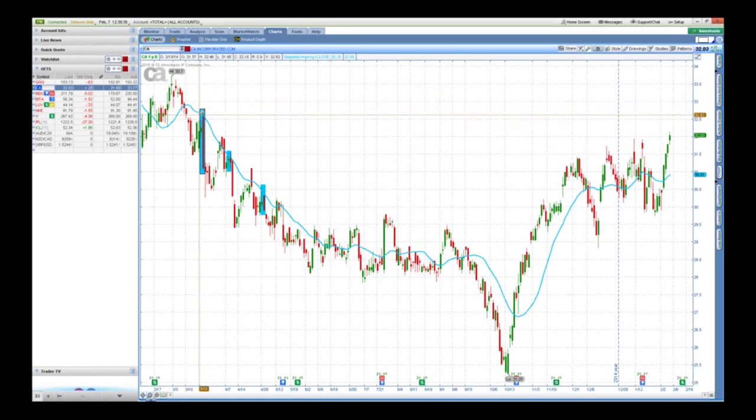You may want to skip that and wait for more of a sustained move to the downside, okay? So that's number one. Number two, you see how in this example the engulfing bar is a huge bar here? Remember, the risk with this setup is contained to the range of that one bar. So when you get a very large engulfing bar, that's added risk. So if that is too much risk for you to take, you skip that trade,